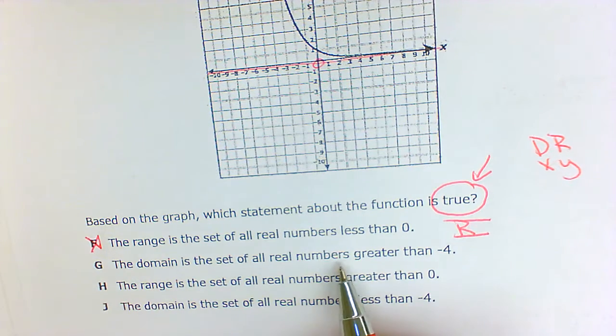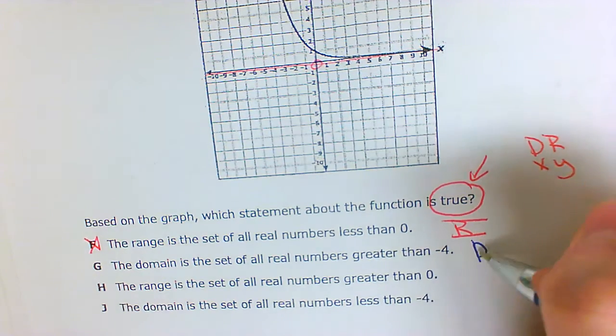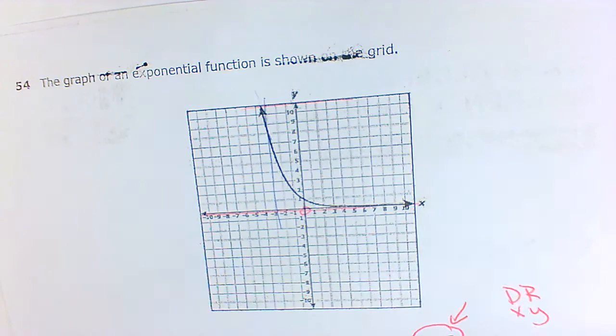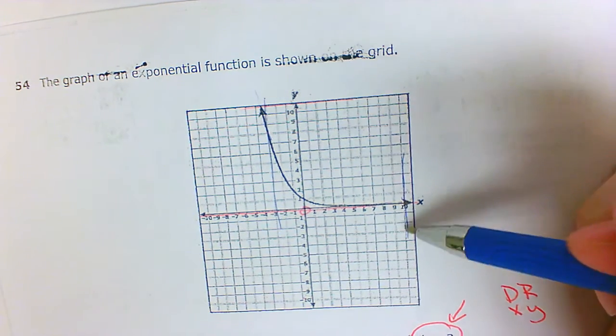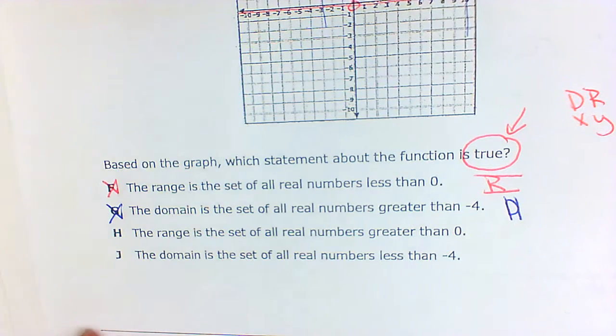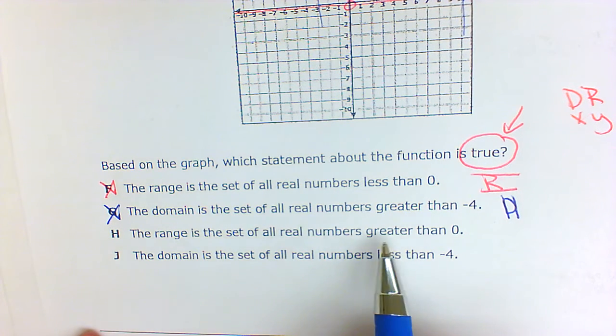The domain is the set of all real numbers greater than -4. Well, when you are looking for domain, this is when you draw your lines from left to right. There is no left boundary because the arrow is pointing up and to the left forever. There's no right boundary because it's going out to the right forever. So the domain is actually all real numbers. H. The range is the set of all real numbers greater than